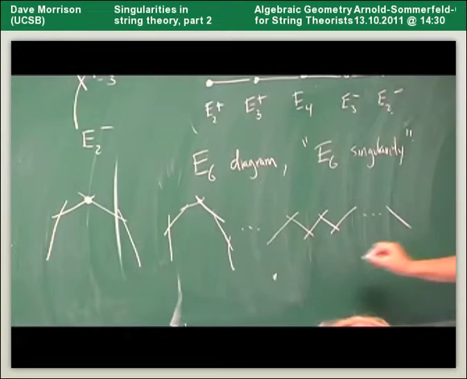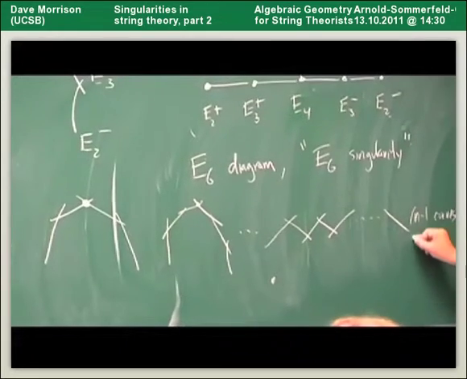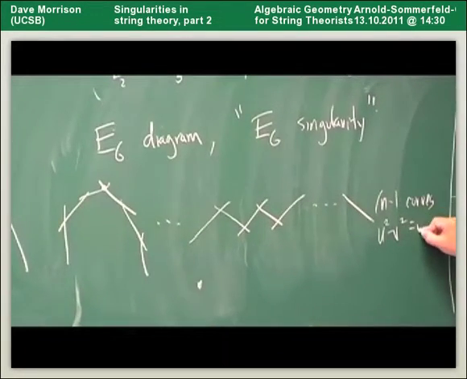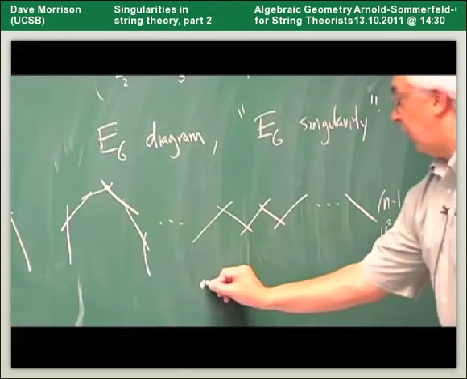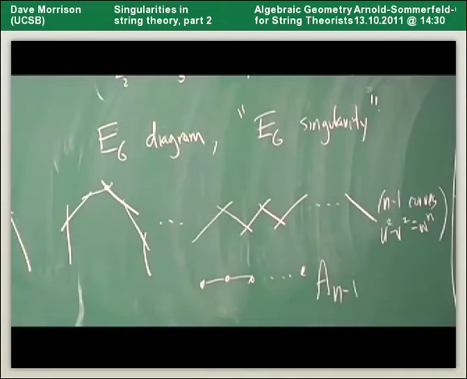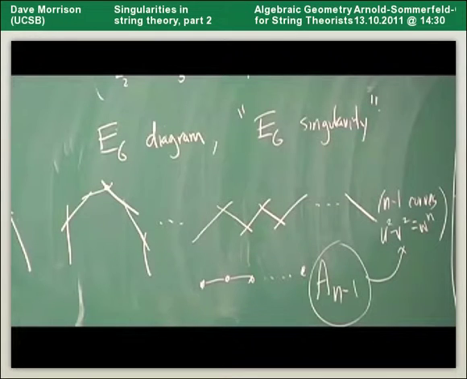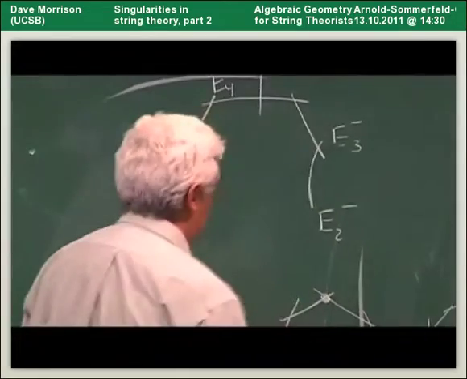By the way, there are n minus 1 curves for this particular equation, u squared minus v squared equals w to the n. And if I make the corresponding graph, I end up with what's called the A_{n-1} graph. So A_{n-1} is the name that's usually given to this singularity, and it corresponded to the cyclic group Zn sitting inside of SU2. These singularities generate the D diagrams, and that's a harder computation, so I won't try to explain to you why it happens. But you end up with Dn diagrams